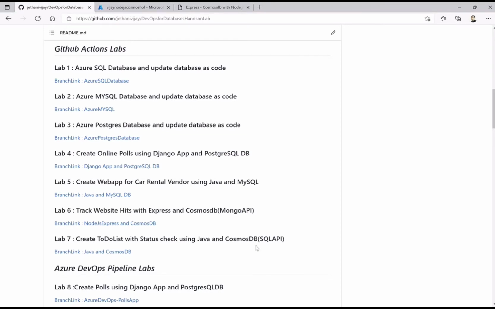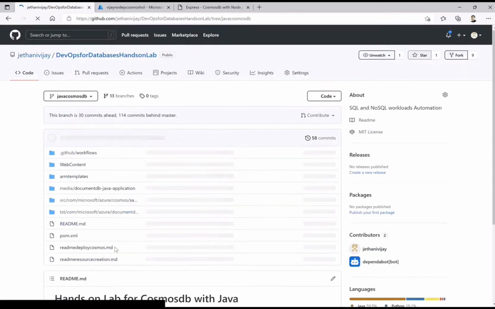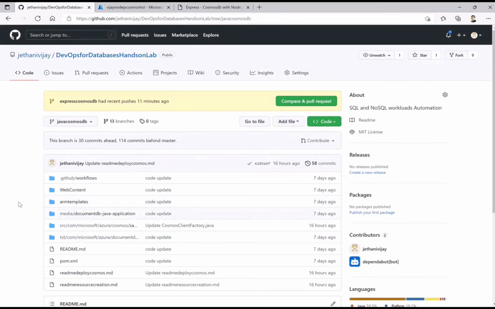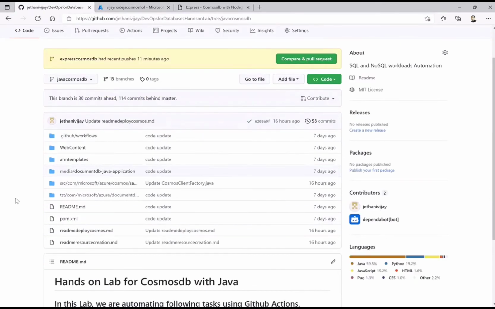There I covered the three or four kinds of semi-structured data we have, from graph to document store, and then key value and column databases. You can go through all those use cases from the semi-structured perspective while working on NoSQL as a database. Now, same thing again. That was on the Node.js and Cosmos branch, and this one is Java and Cosmos DB. So let's try to implement that as well before we do the hands-on lab.